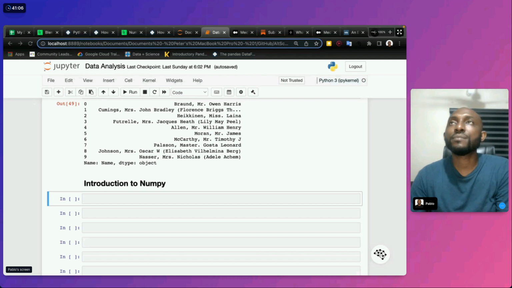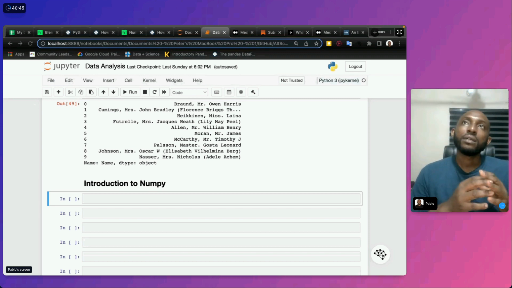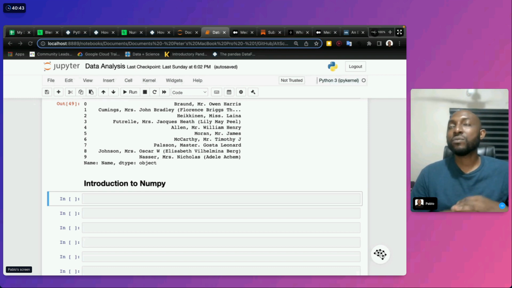Again, Python has a fundamental flaw, and that's how I'm going to start it. Python has a fundamental flaw. One of its fundamental flaws, if I have to put it that way, is that every time we are collecting data and creating variables, Python is manipulating the data in memory.